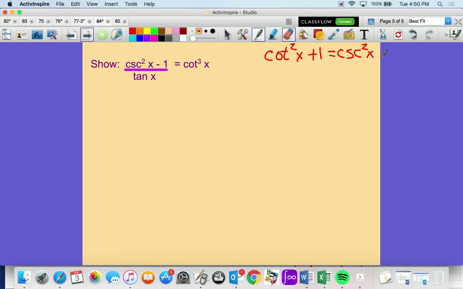Now if we move this 1 over, we would end up with cotangent squared x equals cosecant squared x minus 1, and then this top could be replaced with cotangent